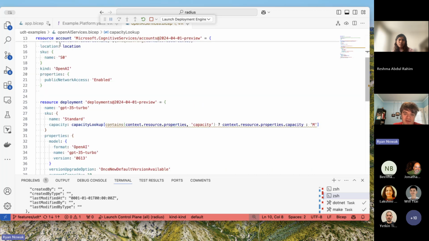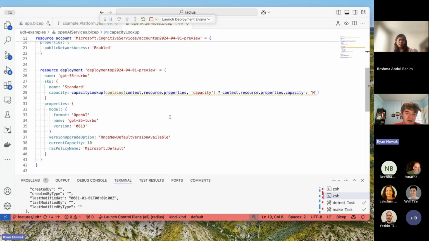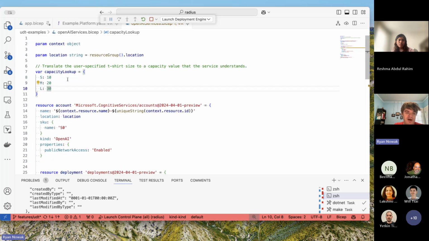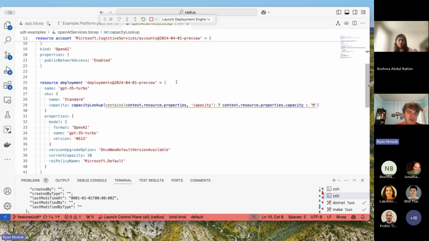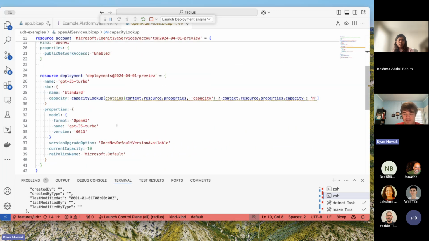Some of that data that's going to get passed in is the body of the resource. And Bicep is complaining at me. But I'll distill what's happening in this line of code. If you remember that capacity field, we're going to take that capacity field, default it to medium, and then look that up in a table to map that to a capacity value that this Azure service understands. And this is the platform engineering part of this, right? We want to give our developers something that's straightforward. And like, this isn't super straightforward, right? Having these numerical capacity values.